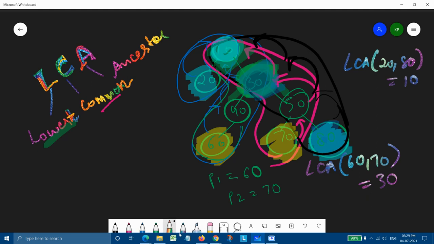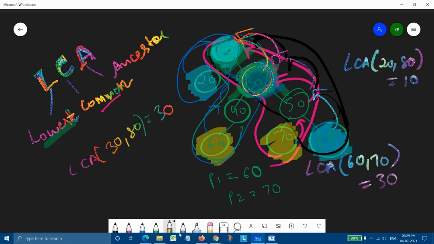That is, 30 has ancestor 10, whereas 80 has ancestor 50, then 30 itself, and then 10. So now the common among both nodes is 30 itself, and the lowest one is also 30 itself. So the lowest common ancestor of 30 and 80 is 30.